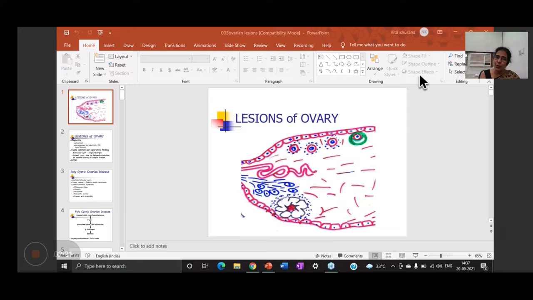Now, how can it reach the ovary? One is through the ascending infection, going from the vagina to the cervix, then going to the endometrium, and from the endometrium, from the isthmus of the fallopian tube, it may go into the whole of the wall of the fallopian tube, and that can lead to spread of the infection into the ovary also. So the spread of the infection into the ovary along with the fallopian tube is called salpingo-oophoritis, and because this inflammation cannot drain out, it will lead to abscess formation, which will lead to a tubo-ovarian mass and abscess.